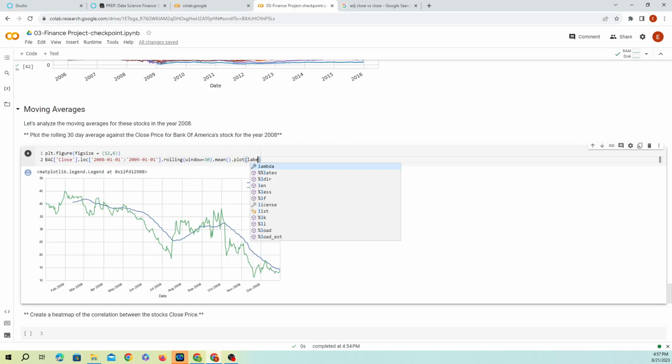And the next one looks very similar, but we're going to do the BAC. So that's for the blue line. Let's say I want to do the green line. The green line doesn't require anything else other than just plotting the values that we have. So we're going to just call the label equal to the BAC close. And we're going to make sure that